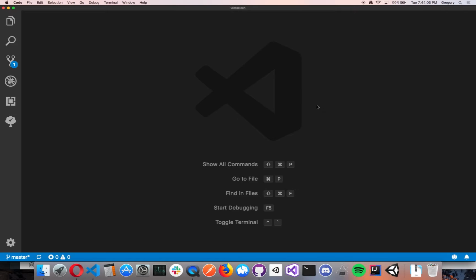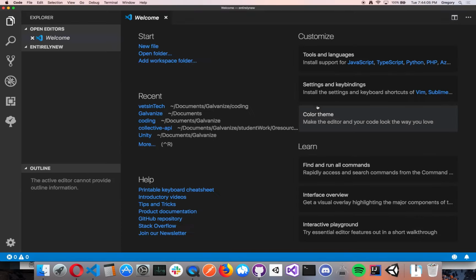So now when I click open, this is where I arrive. I'm at a completely empty file. Okay, we're making good progress. I am going to hit